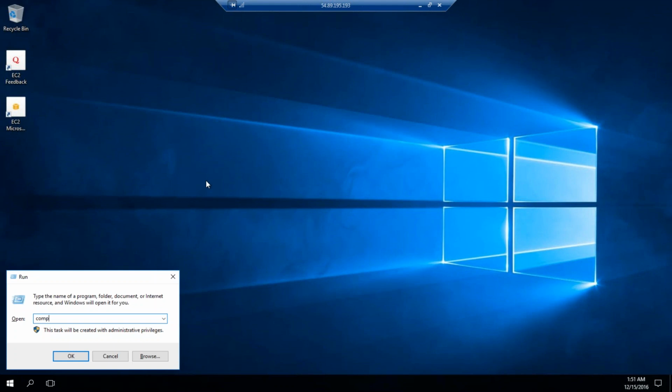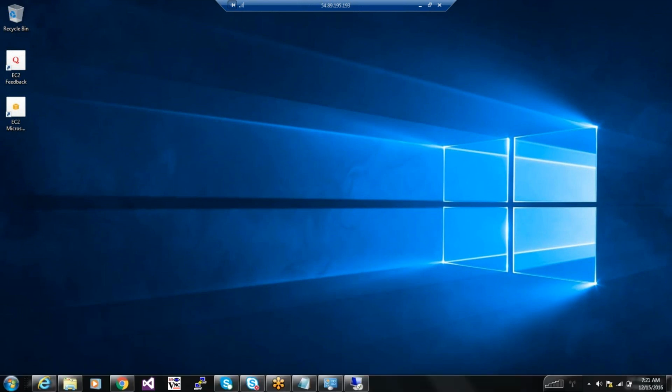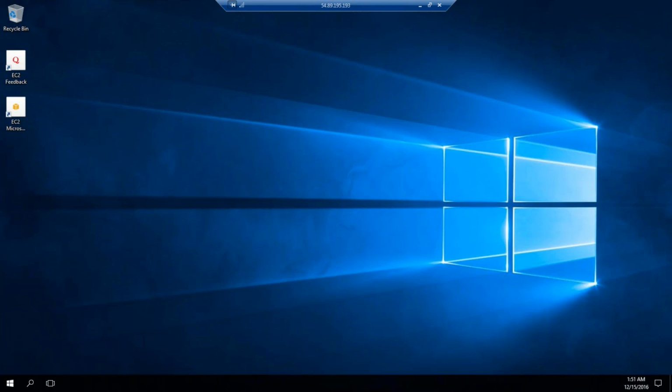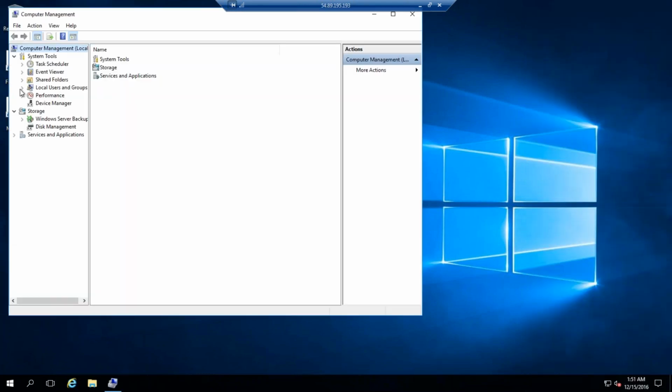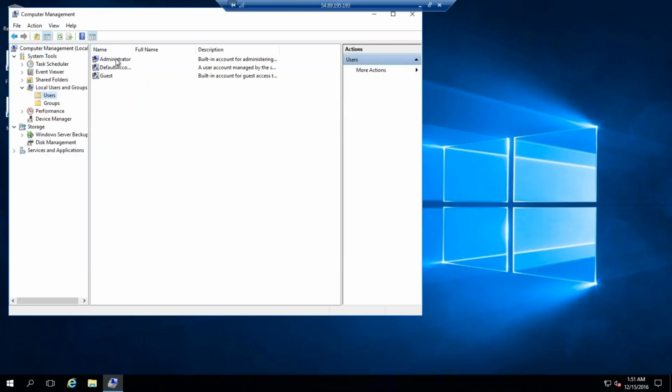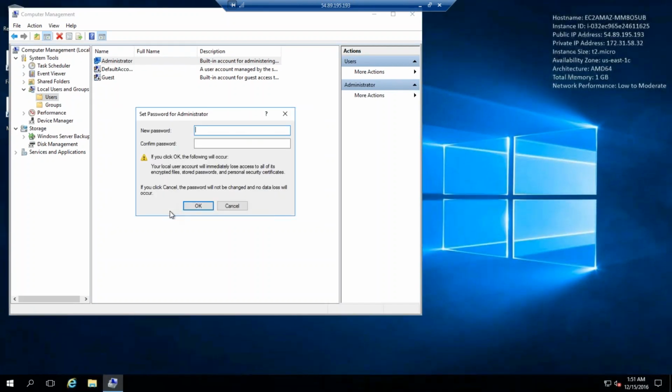So once you're logged in, you have to go to computer management. compmgmt.msc is the command. From here, you can connect to the local resources and reset your password. Let's go here, local resources, users and groups. Click on users, you will see administrator, right? And you can reset the password to whatever your company says.